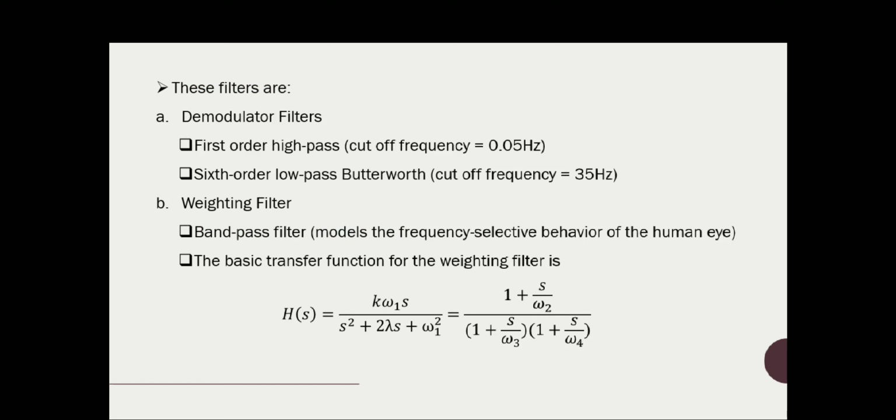So normally these filters are categorized as demodulator filters, which are a first order high pass filter with a cutoff frequency of 0.05 Hz, and a sixth order low pass Butterworth filter with a cutoff frequency of 35 Hz. And the second category is the weighting filter, which is usually a band pass filter